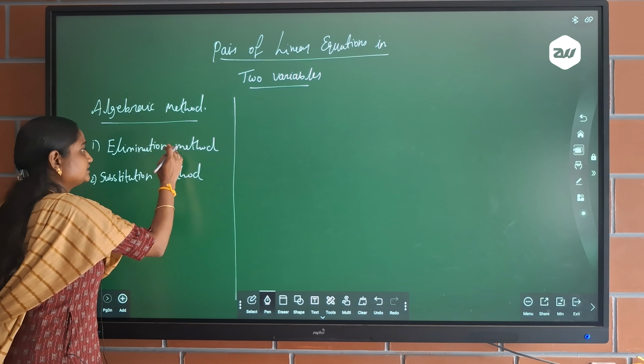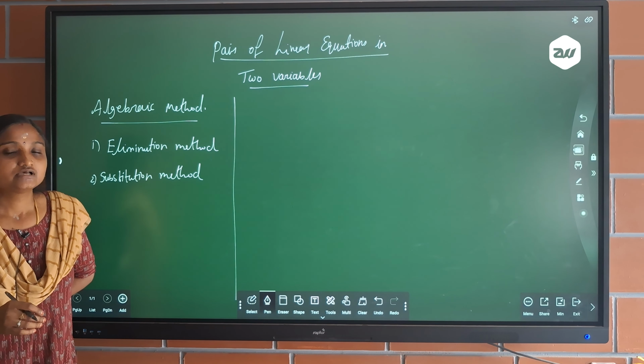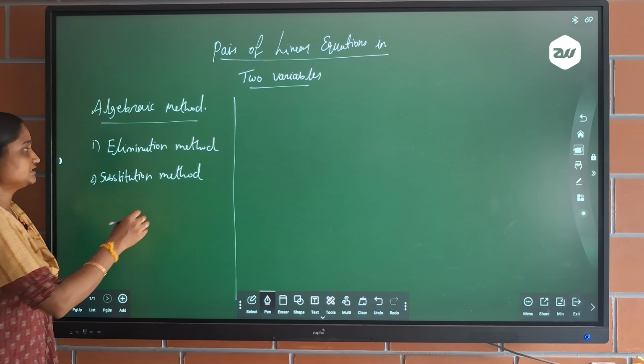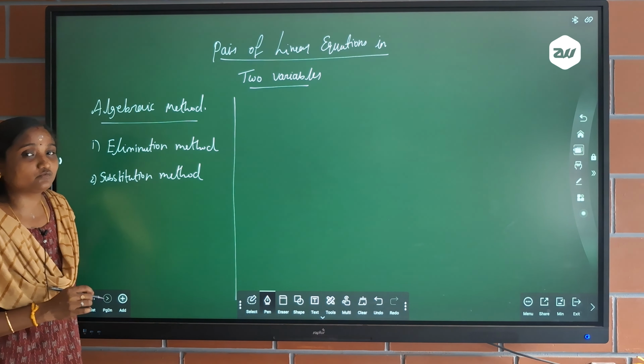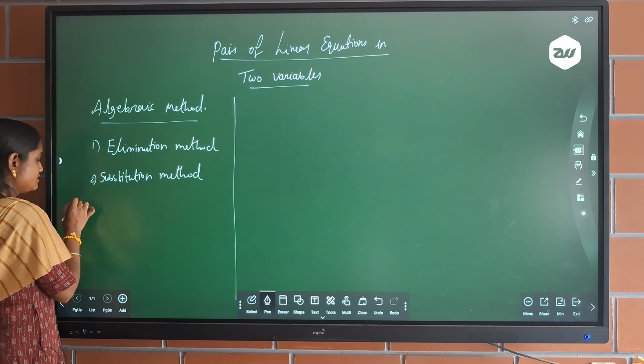So in the algebraic method we have 2 different types. One is elimination method, another one is substitution method. ரெண்டு விதமான மெத்தட்ல we can solve the equation. So first I will explain how to solve the equation. ஒரு equation எப்படி elimination methodல solve பண்ணலாம்னு பார்த்தீங்கன்னா for example